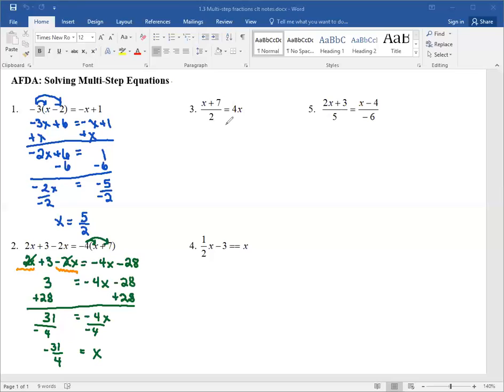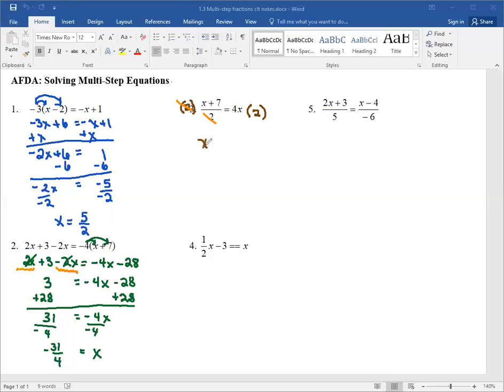Now in number 3, we have a fraction. Now we've talked about fractions before and said that if one side is a fraction and the other side is not, I want to multiply by the denominator to get rid of the denominator. So in this case, I would take and multiply each side by 2 because 2 is in the denominator. Okay? So here these 2's will cancel each other out or simplify,